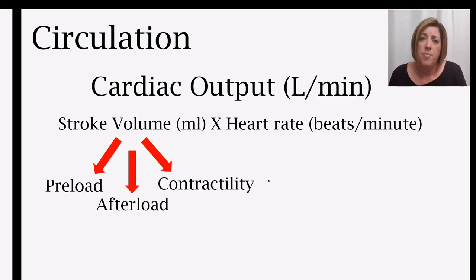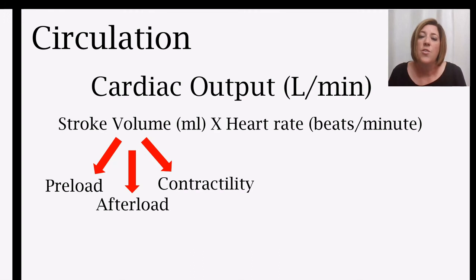Then preload is the volume of blood that goes into the left ventricle during diastole before it ejects the blood. So the more volume that goes in, generally, the more that's going to be ejected. So preload can be decreased because blood is maldistributed or in the wrong place, but it can also be decreased just because you've lost it. That's called absolute hypovolemia. That's when your patient's bleeding or they're dehydrated, they don't have the volume in their vascular